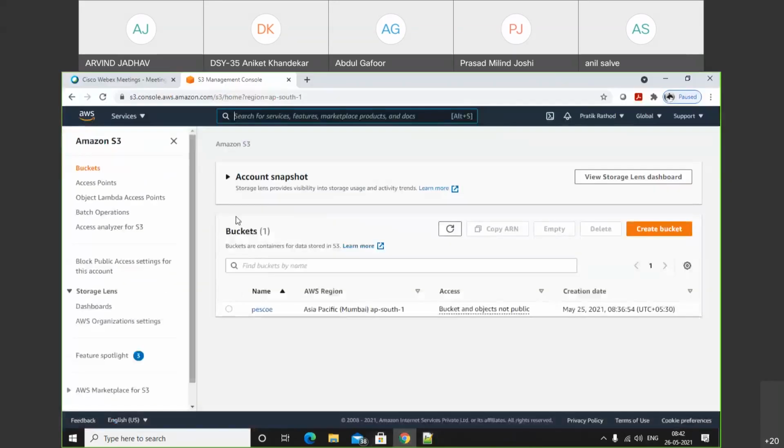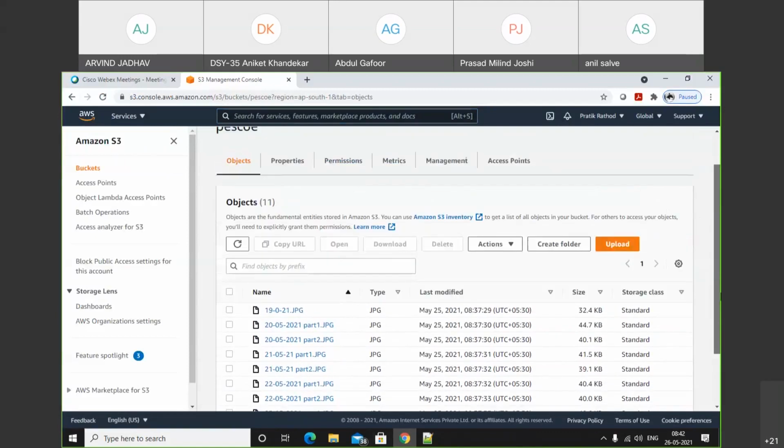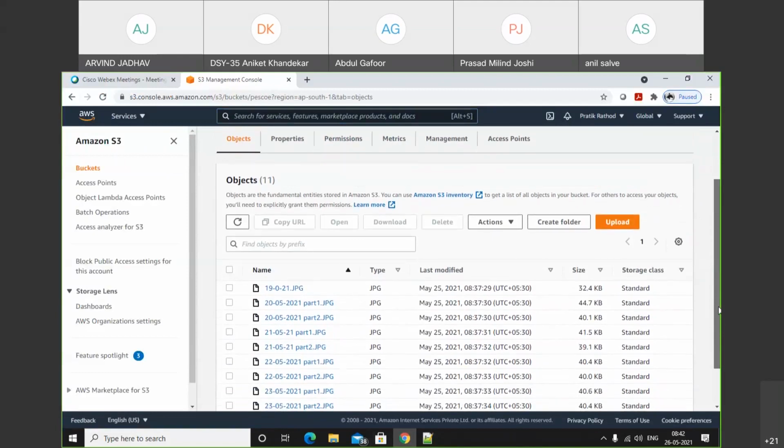Let's assume that I have one bucket, called PSCUA, which is already created. Click on that, and there are a bunch of files available. When we try to access this file from the outside world, it shows the access denied option. First of all, we will check how we make files public and how we access those files using the URL.